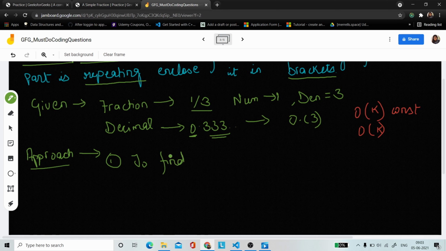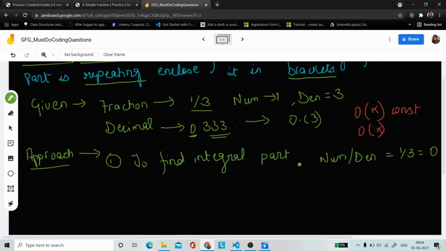So the one thing which will come to your mind, how we can find this integral part, is just find the quotient, because this quotient is the integral part. That is, if you just perform numerator divide by denominator, the integral part will be numerator divided by denominator, and in the case of 1 by 3 it will give you 0, as you can see.